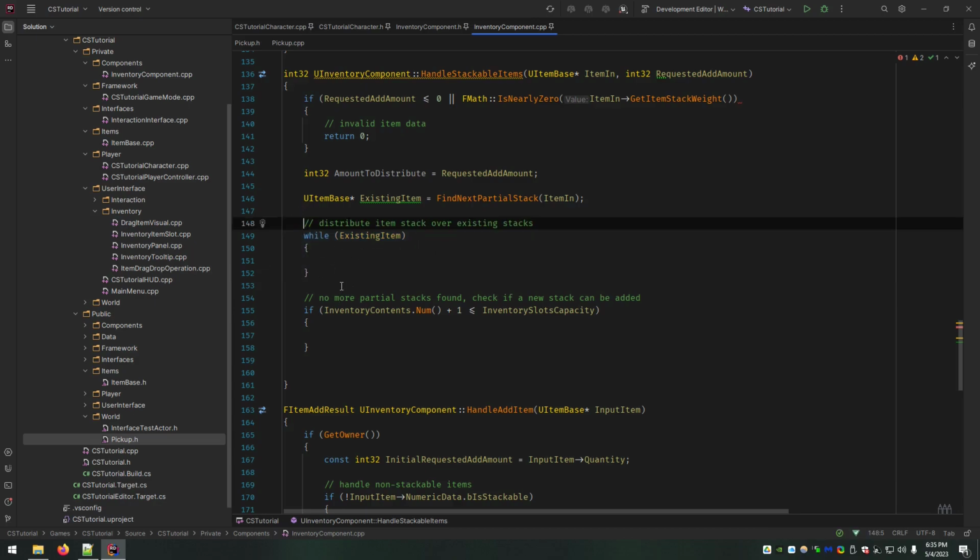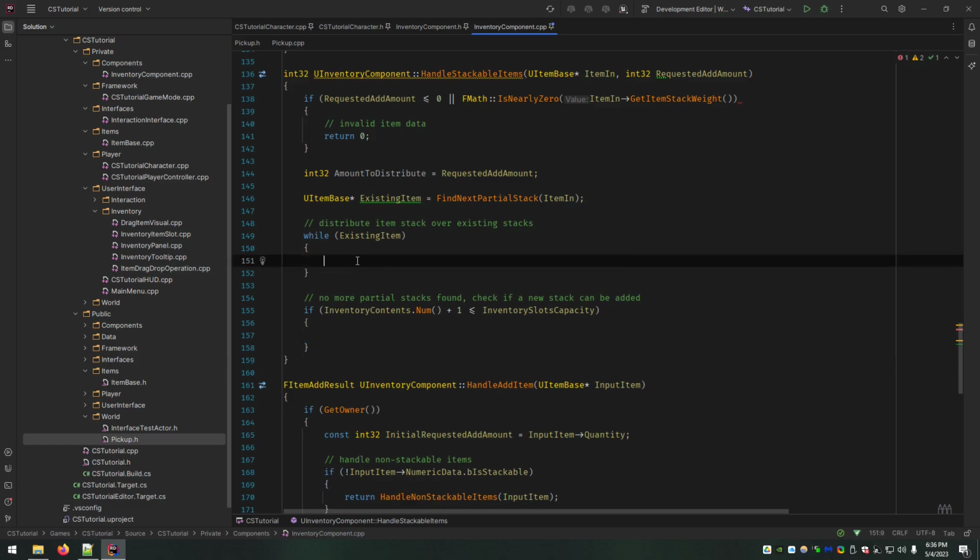If it doesn't, there may be some amount left, so it might run both, because it might find two stacks, like the little example I wrote to start. It might find a few stacks, distribute some of the item to those, and then realize, hey, there's no more partial stacks, so whatever's left, we add it as a new stack. So that's why we have the two sections here.